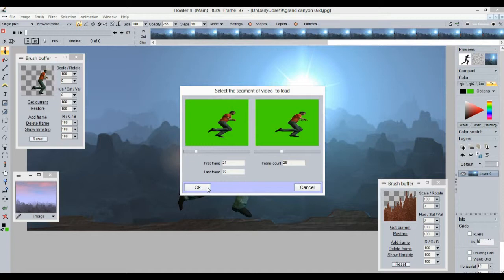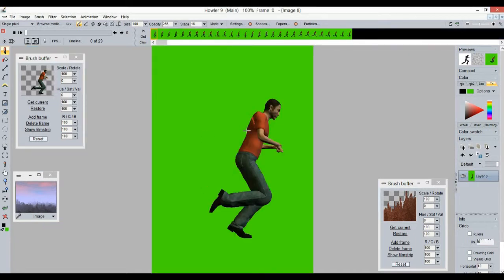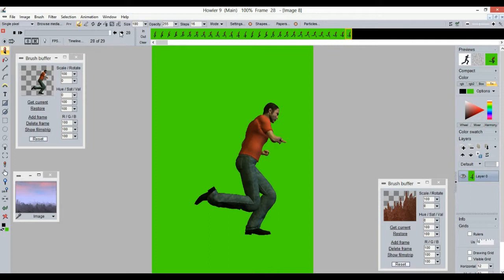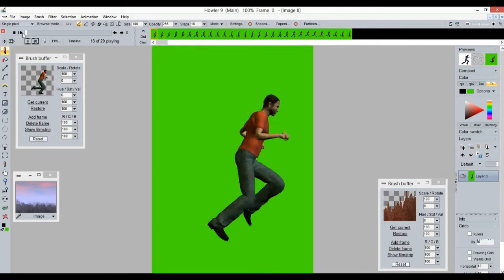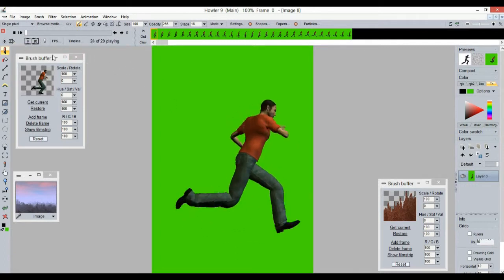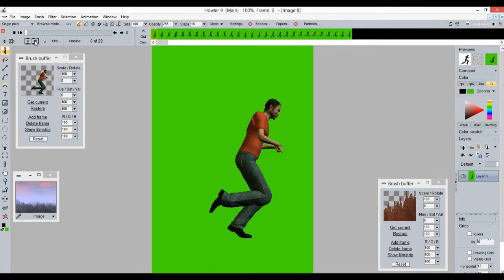So let's go and capture that, and that basically, out of the 200 or so frames I have in total, will allow me to extract just the 29 or 30 frames that I actually want. There's 29 frames in this one. Let's see if this loops fine. And again, if you had one or two too many, you could delete the frames that are in excess of what you actually need. But essentially, we now have a looping animation, and we need to now pick this up